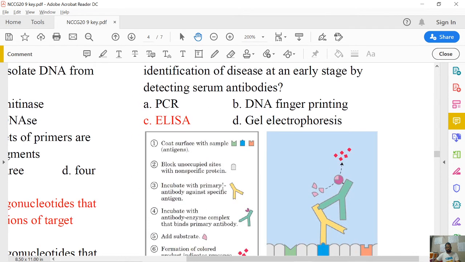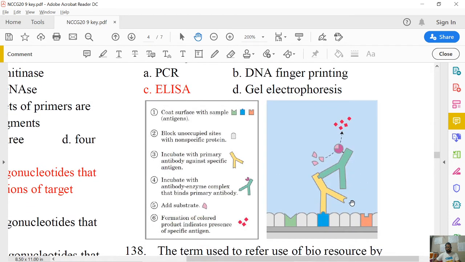So when you look into the basic technique of how ELISA is actually performed, as we know, it is enzyme linked immunosorbent assay. So here in this particular figure which I have shown, we are trying to detect the antibodies in the serum. So I have a serum sample, and in the serum sample, I just want to find out whether a particular antibody against a particular antigen is present or not. So this technique is for that.